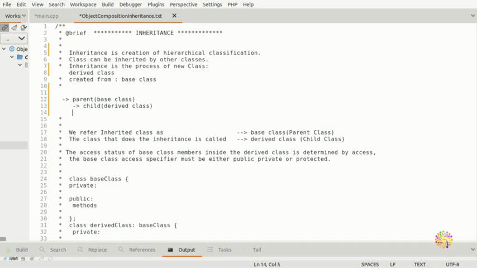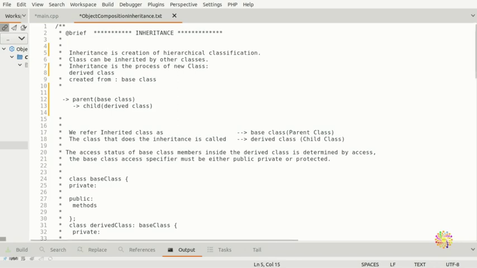Alright, so we have reached inheritance, and I'm going to let you know that you are learning one of the most important aspects of C++ object-oriented programming and any other object-oriented programming. Inheritance is one of the very important subjects you need to remember and learn, because on our journey we're going towards polymorphism and virtual functions in C++.